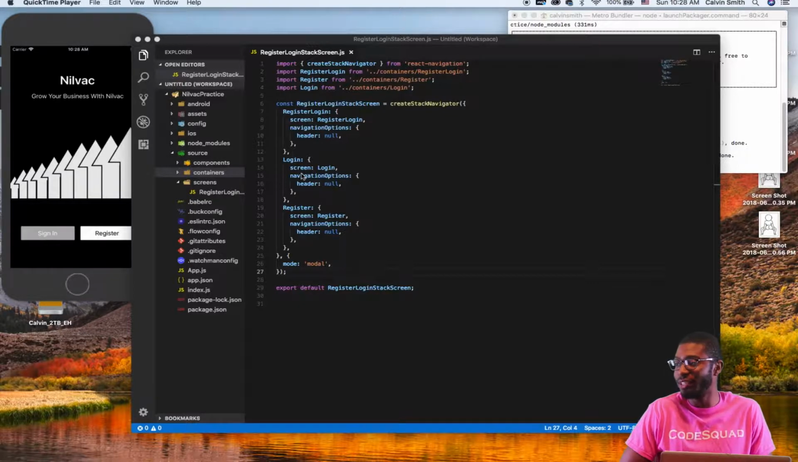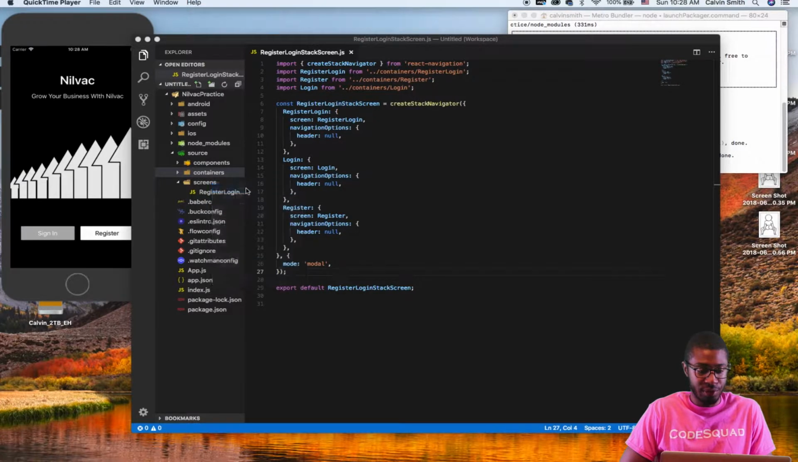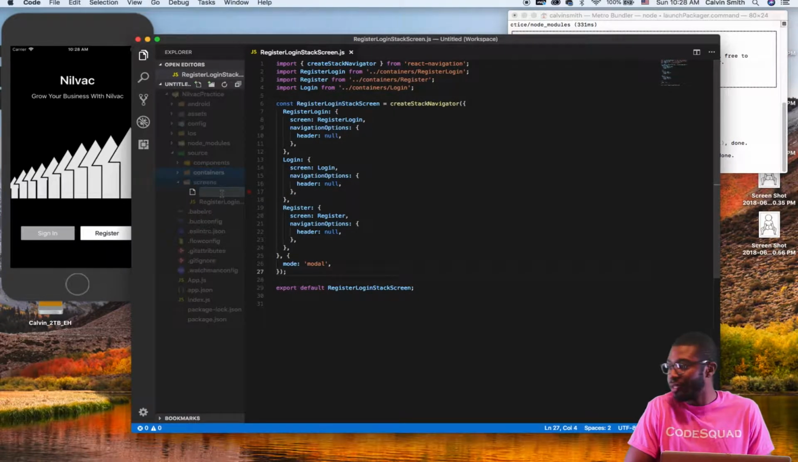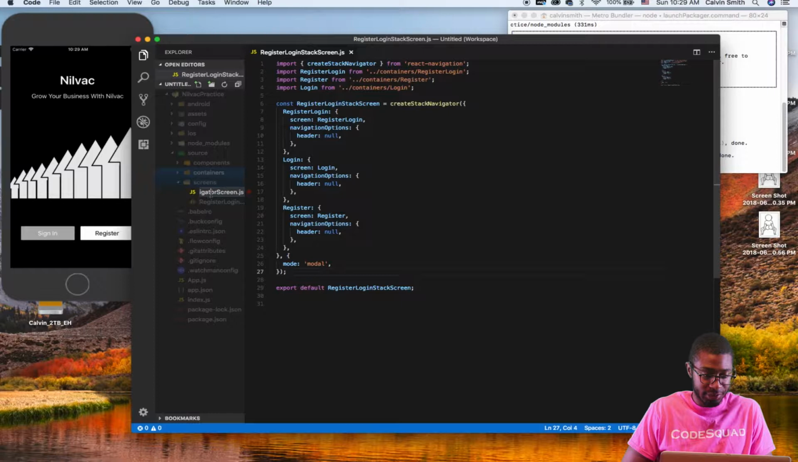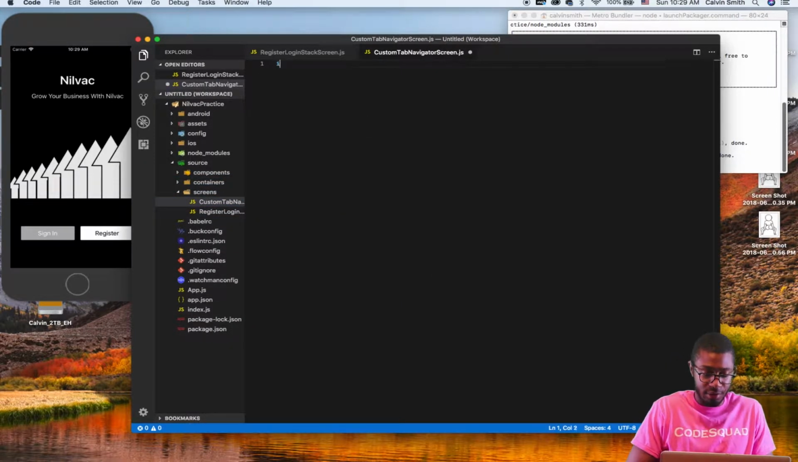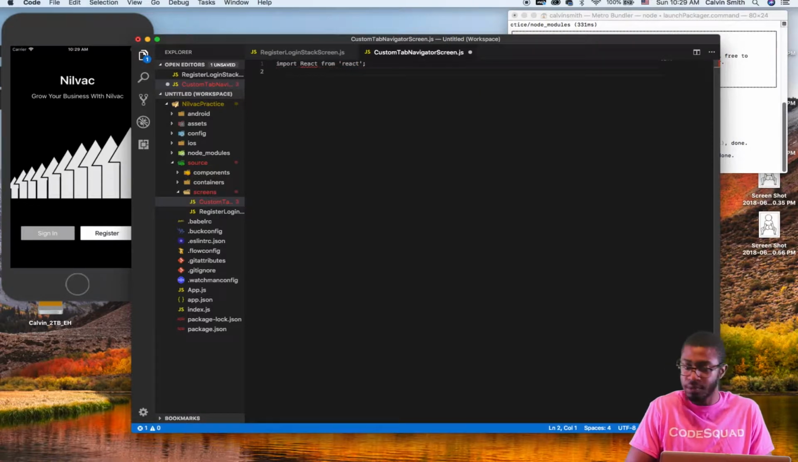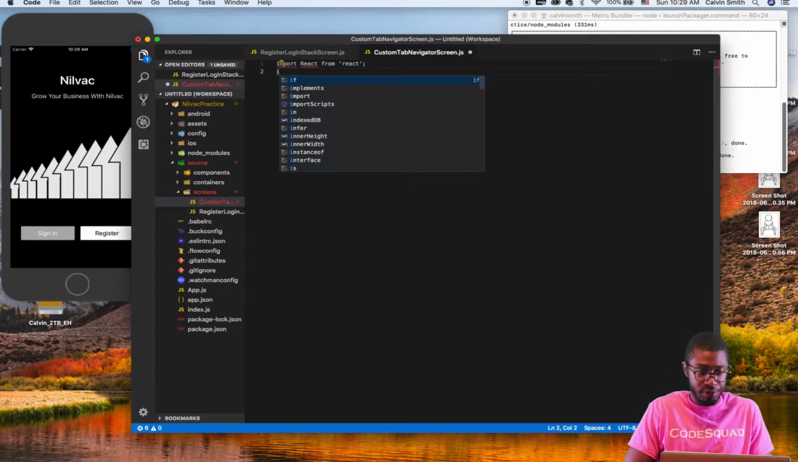So the first thing we want to do is to hop into our screens folder, and let's create a new file. And let's call it custom tab navigator screen.js, and I'm gonna just copy that so I won't misspell it. Now we're going to import React from React, import